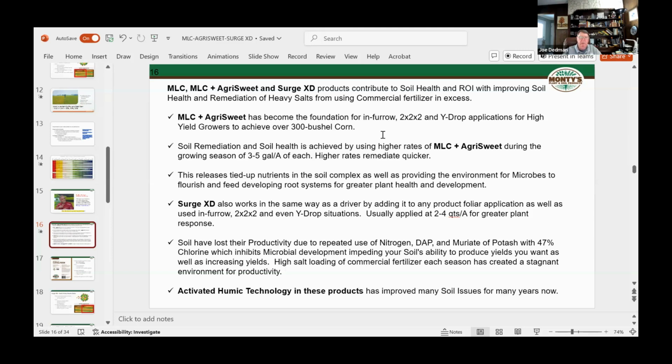And so we've helped them to go in furrow or 2x2 or wide drop applications,